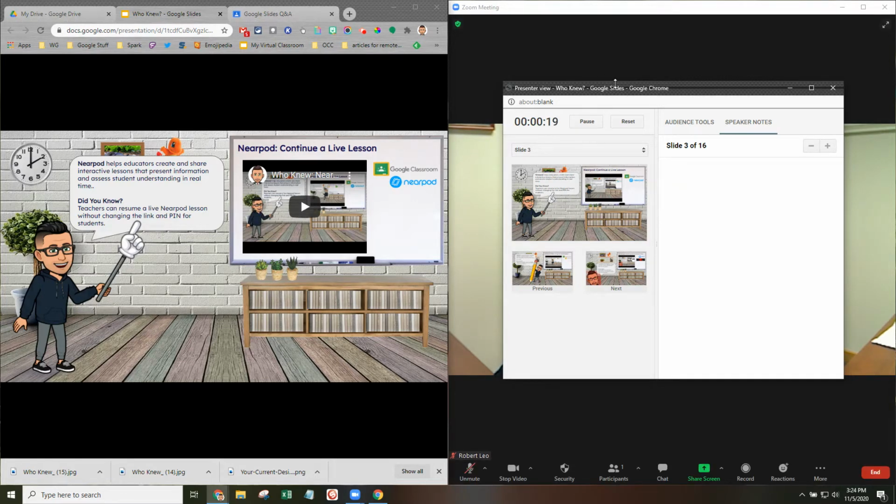right now. So you're going to notice when you do present your view, there's actually a couple of different components to it. First off, you're going to see what slide you're currently on. You're going to see the previous slide and the next slide. And if you have speaker notes, you'll notice that I'm on the speaker notes page. You'll see those notes, so it can help your lecture. Can give you some guidance in terms of what script you want to use when you deliver your direct instruction